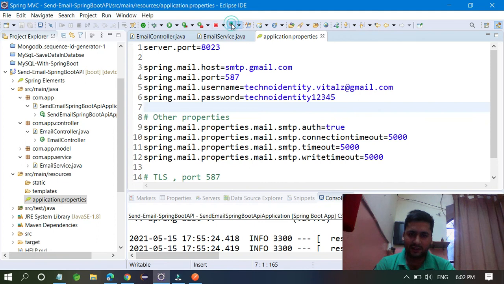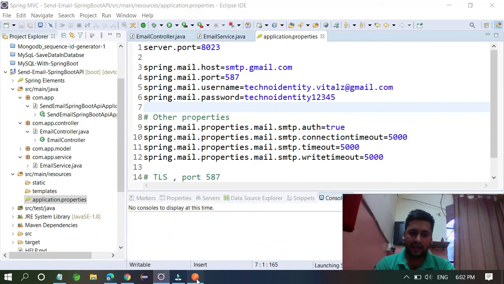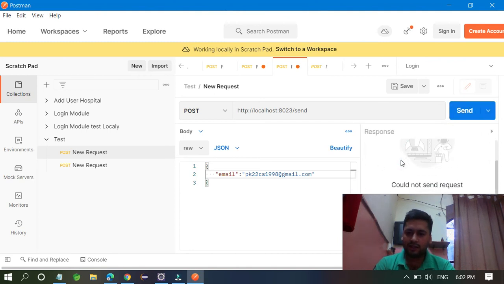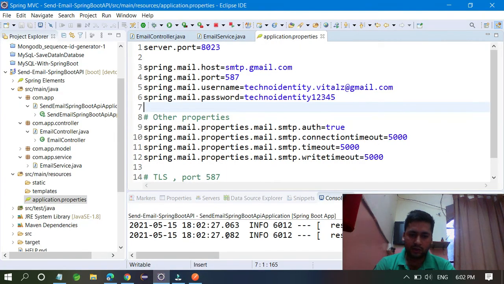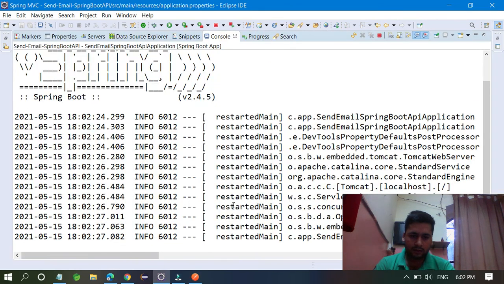Okay, I will show you. Just run this application and go to this place and try to send. Now you are getting an error, no response, nothing. Why? And you can see the console also.